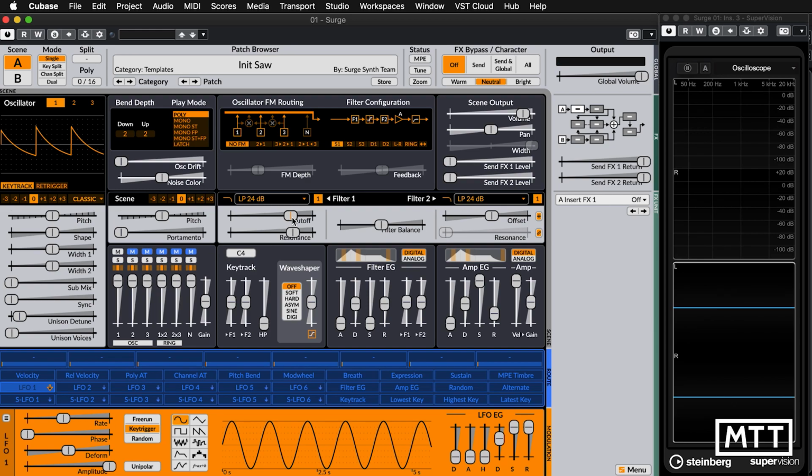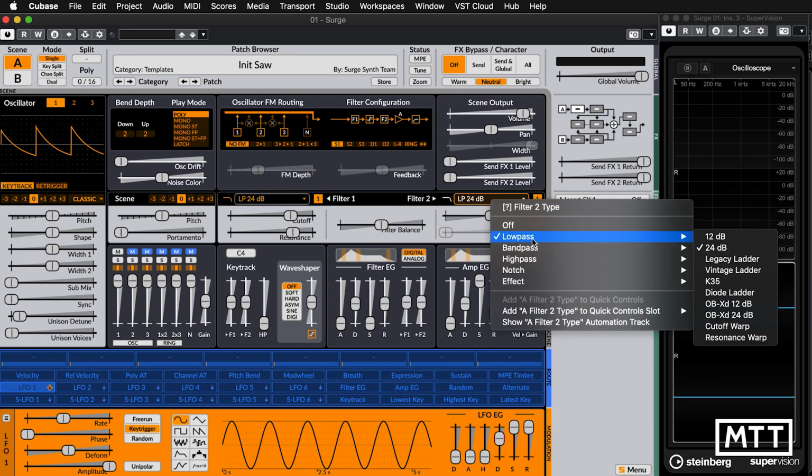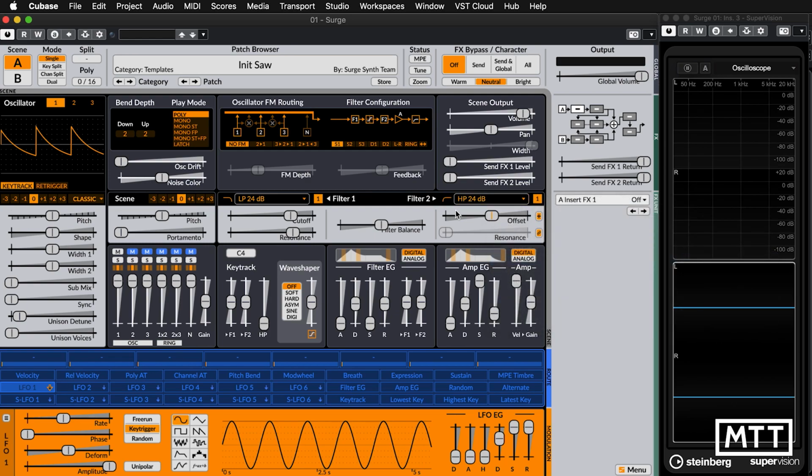Now, obviously, you're not limited to using the same kind of filter on filter 2 as filter 1. So we could pick perhaps a different kind of low pass, or let's try a high pass. So let's try a 24 dB high pass. And there we can see we've got a real severe band there. And again, because we've got a 12 semitone offset, we're just getting that one octave there. If this was set back to 0,